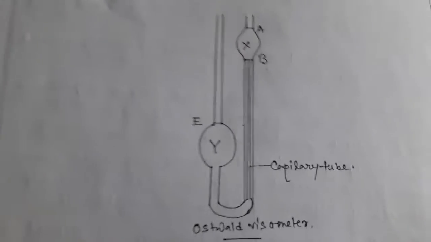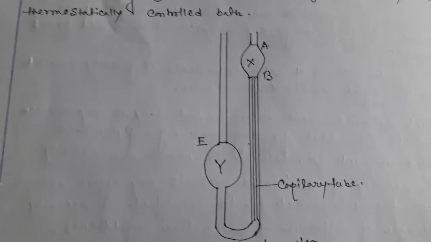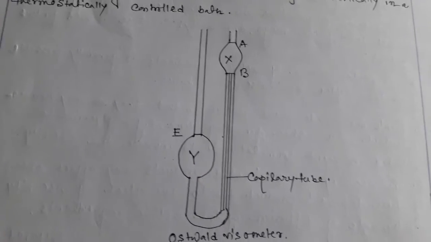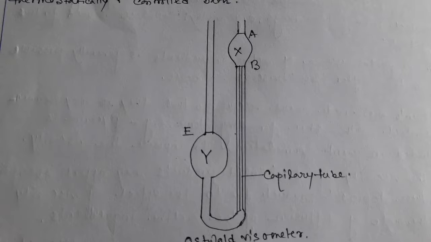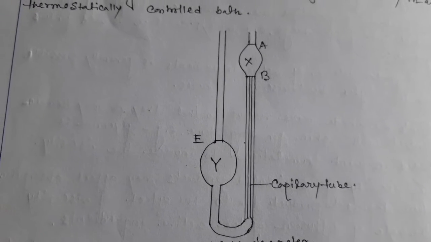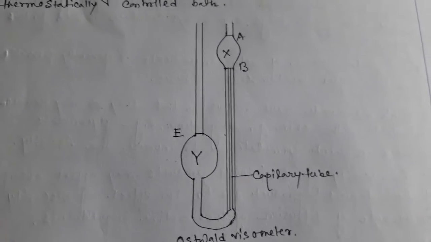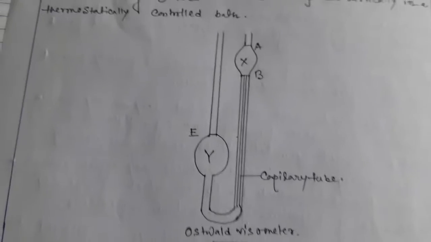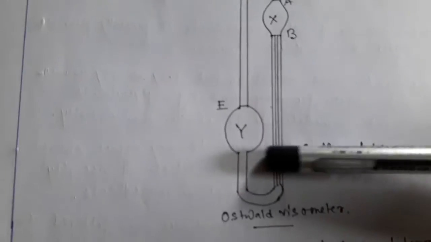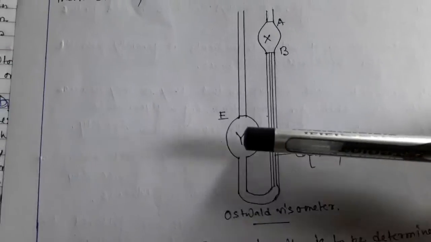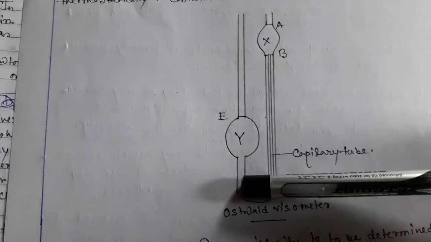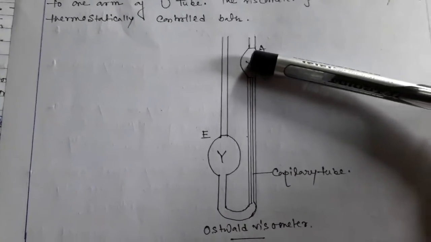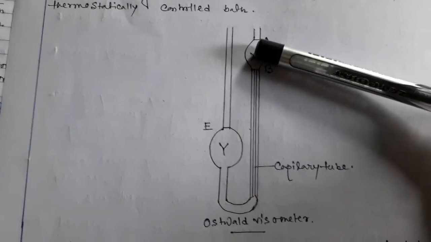Everyone, I think everyone understands this point. First of all, you have to take two samples, an unknown sample and a known sample. Suppose the known sample is water and the unknown sample is whatever. The viscosity of water, everyone knows, is standard, but the unknown sample, suppose liquid paraffin or glycerine, this type of liquid you first have to place into the Y bulb, and then after placing you have to suck the liquid through this capillary tube into the X bulb.